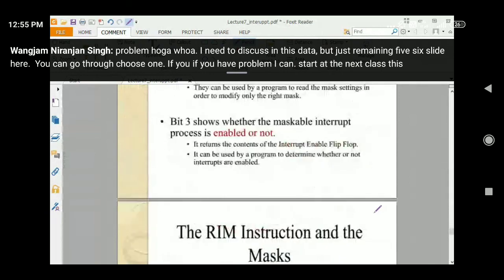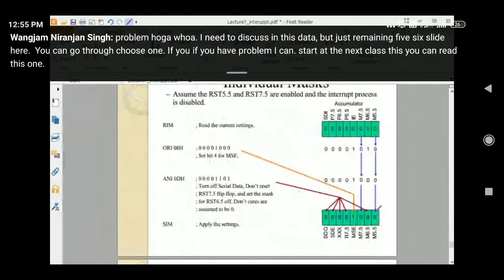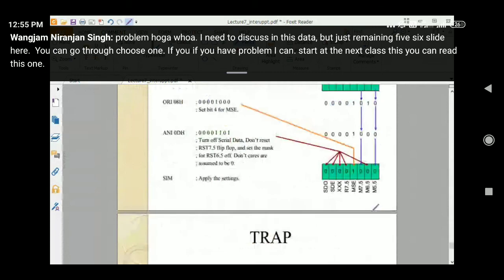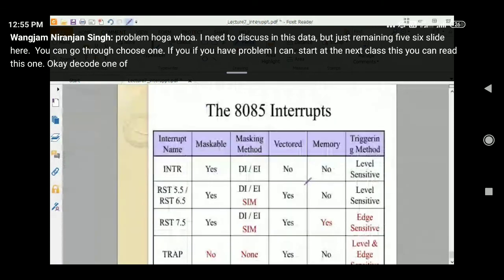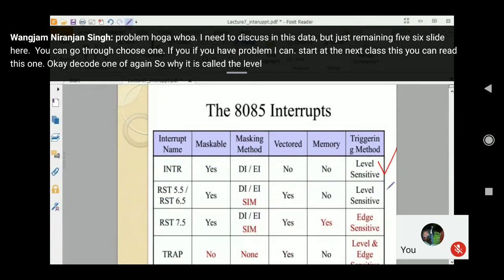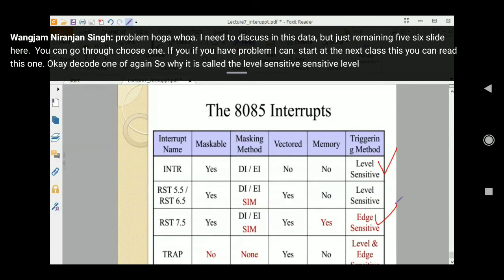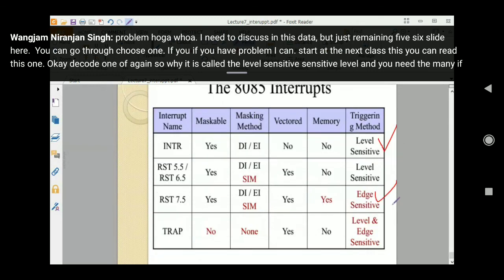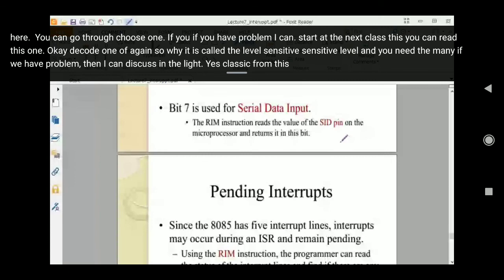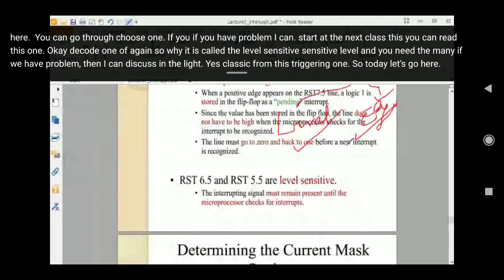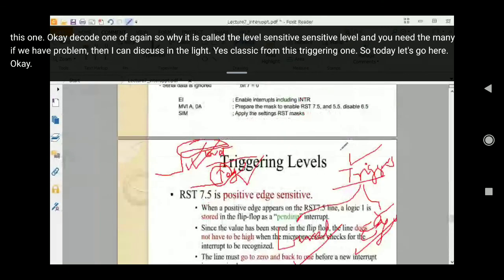You can read them. Trap is also remaining, and after that the interrupt will be finished. So that is why it is called level sensitive and edge sensitive. If we have problems, then I can discuss the triggering in the next class. So today let's stop here.